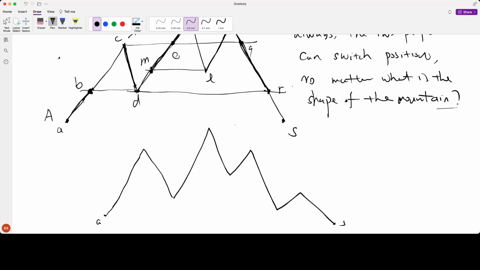So this is S, this is A, and I have many points. Here I call G, and maybe here I call P, and here I call Q, and here I call R. So I find this kind of